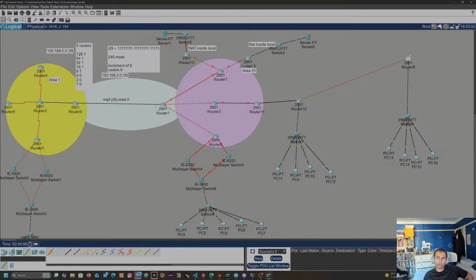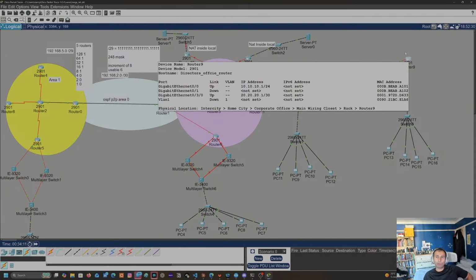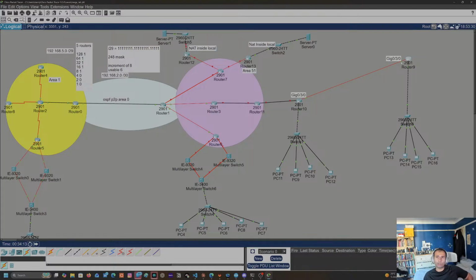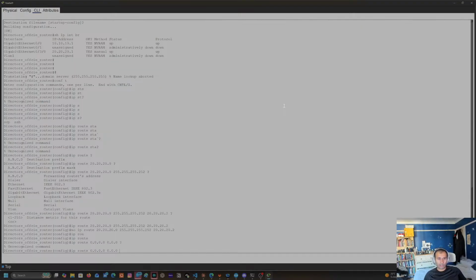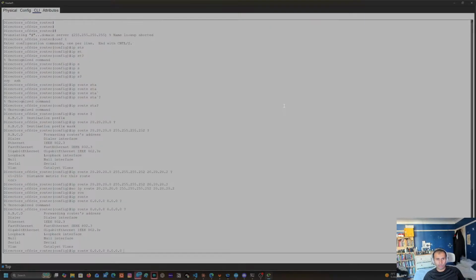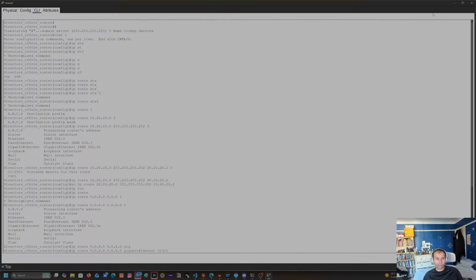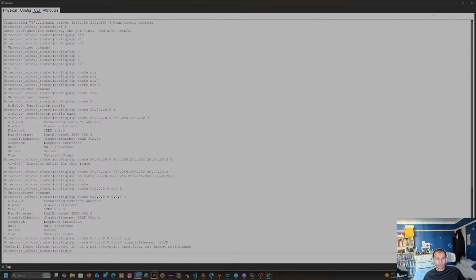So if I want to push all this up, we have our IP addressing here. This is all fine, and we want to push it out. If we were to push it out, where would it go? 030. Yeah. So it'll be IP route, and then we're going to do a default route, 0.0.0.0. And then what we could do is use the interface, which is gigabit Ethernet 0/30, as the default route